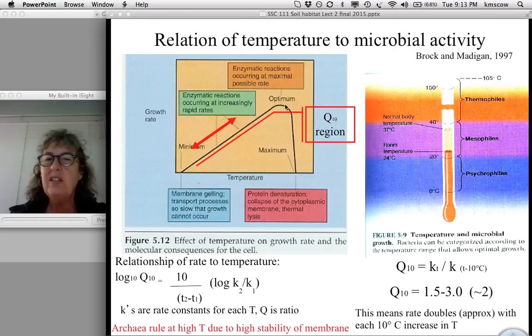And then it's going to reach some optimum rate and then fall off from there, where at that point the temperature leads to denaturation of proteins and collapse of the cytoplasmic membrane, perhaps lysis of the cell. And this region in here, where you have this linear relationship, could be one way to